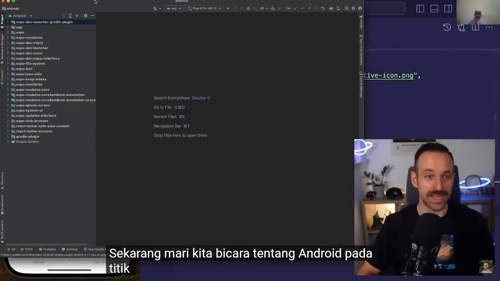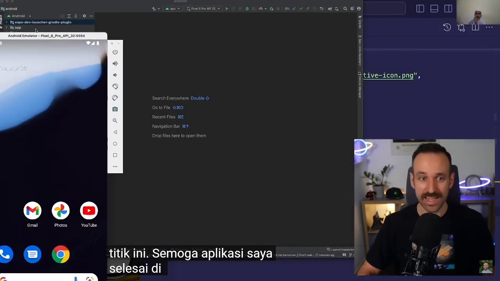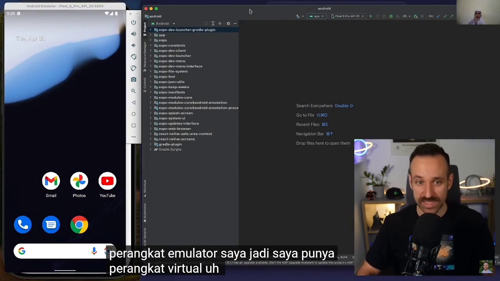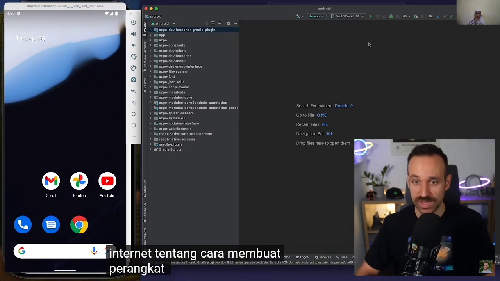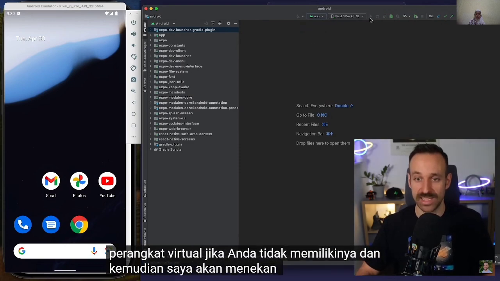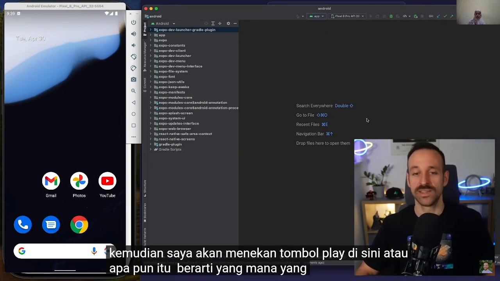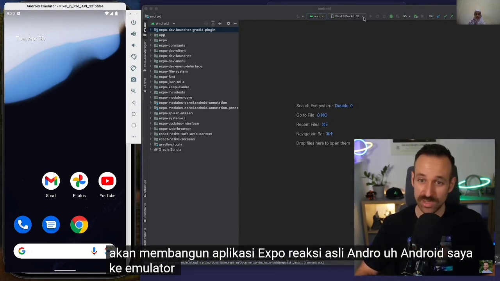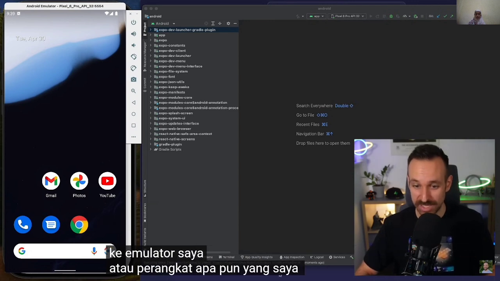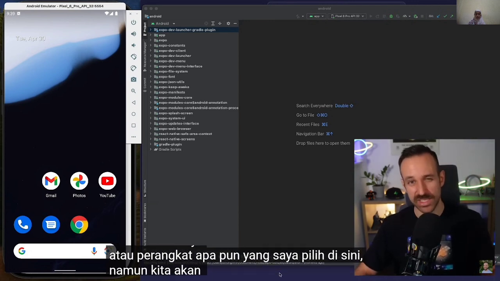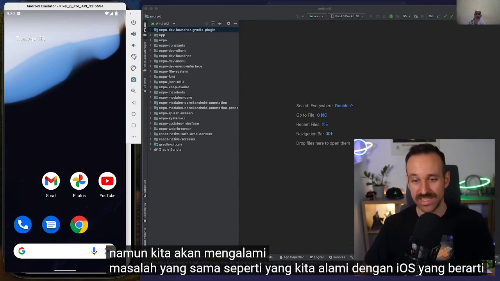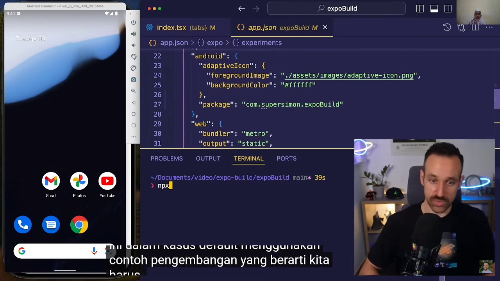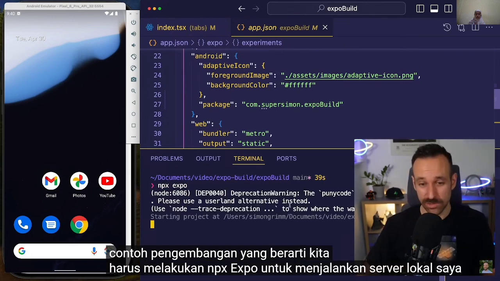At this point, hopefully my application is finished here. I also brought up my emulator device, so I do have a virtual device. You can find some guides on the internet on how to create your virtual device if you don't have one. And then I will simply hit play here, or whatever that button means, which will build my Android React Native Expo application to my emulator or whatever device that I select up here. However, we're gonna run into the same trouble that we had with iOS, which means this, in the default case, is using a development instance, which means we have to do npx expo to spin up my local server,